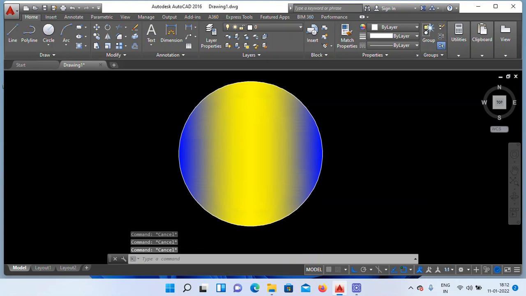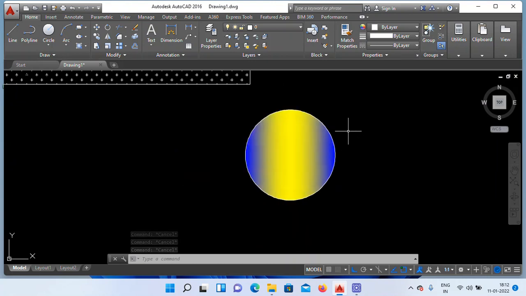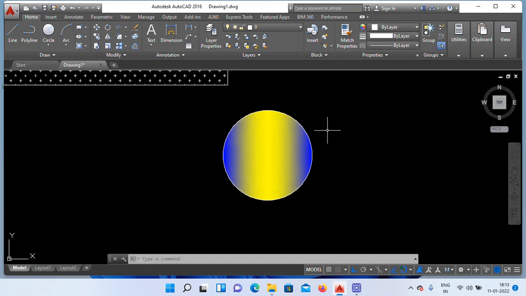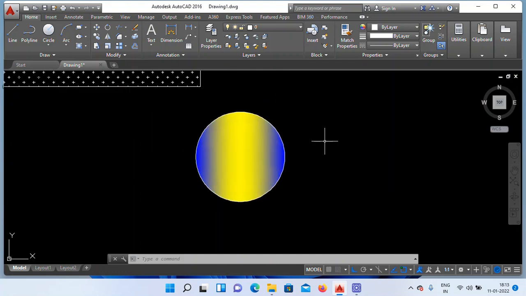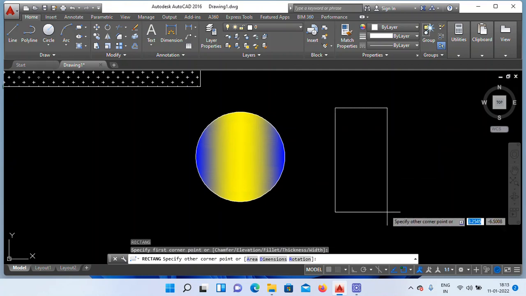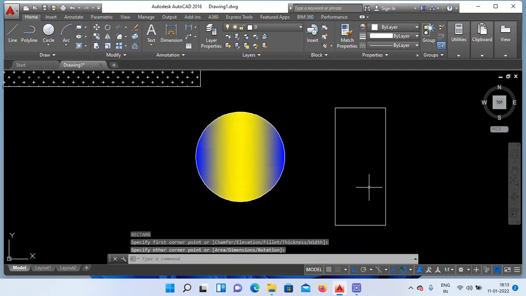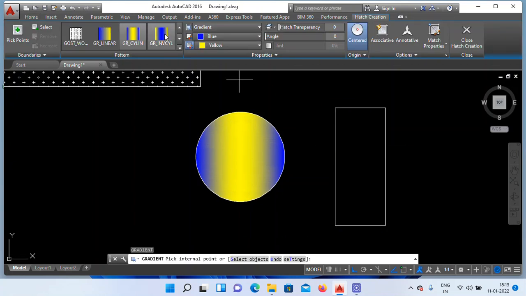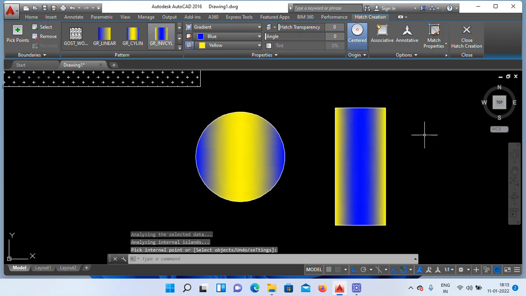Right, I want to keep this in the storeroom, this and another one also. I am drawing another rectangle. Here also I need to design a glass. See this. Click. Right.